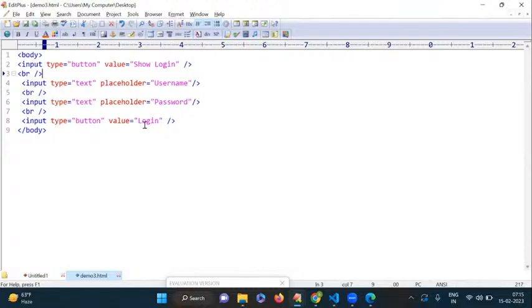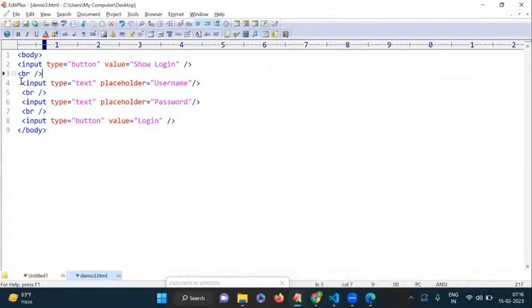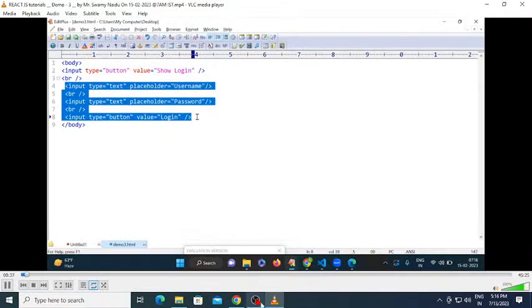Containers can hold other elements. If you want to group multiple controls, holding multiple controls as a group, we use containers. What is the purpose we are discussing this for? Just a simple login form I created. In this